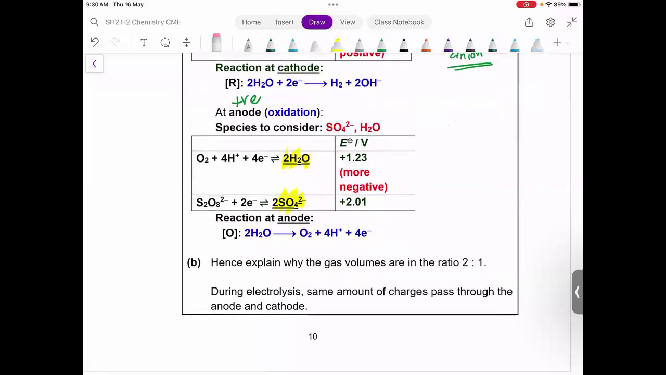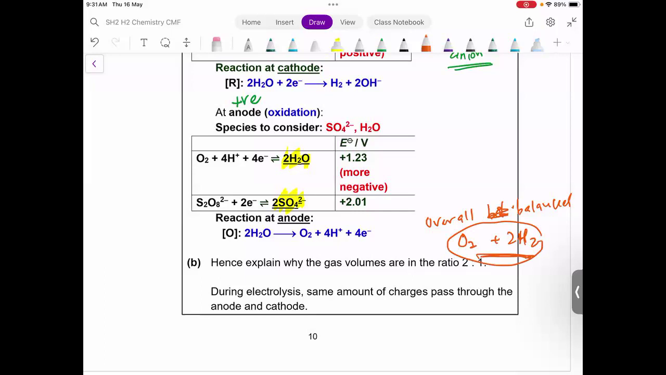Explain why the gas volumes are in the ratio of 2:1. Okay, now there are two ways of looking at it. One way will be coming out with an overall balance equation. From the overall balance equation, you will see that there is 1 mole of oxygen and 2 moles of hydrogen produced. So using this, that can easily explain why the gas volumes are produced in 2:1 ratio by deriving the overall